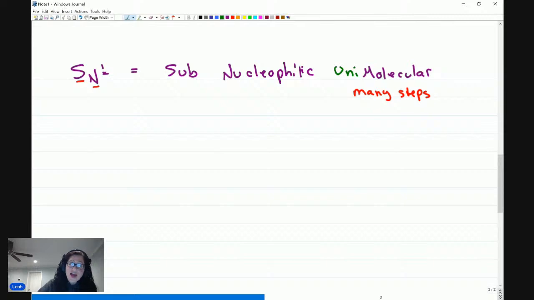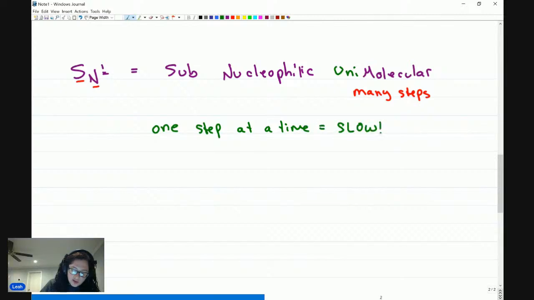And the reason this has so many steps, just going back to the unimolecular concept, what this means is it's a reaction that happens one step, one molecule at a time. And this is a slow, slow, slow reaction. When we talked about SN2 and E2, we talked about how there were fast reactions with strong attackers that happen in one step. This one takes its time, and you have one thing happening and another thing happening, and it